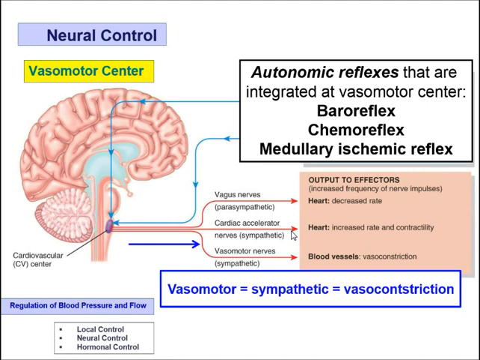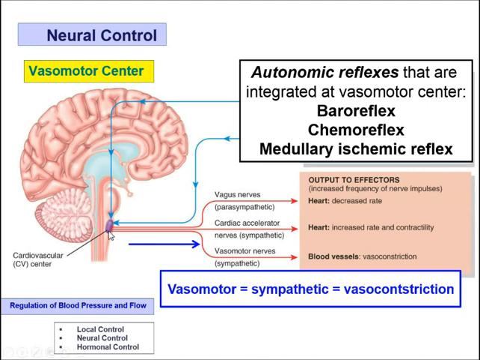However, if you back that off, if you start decreasing the amount of vasomotor nerve innervation, then that vessel will vasodilate. So it's the presence of the sympathetic influence which will cause the vessel to vasoconstrict. It's the absence that will leave it to vasodilate.